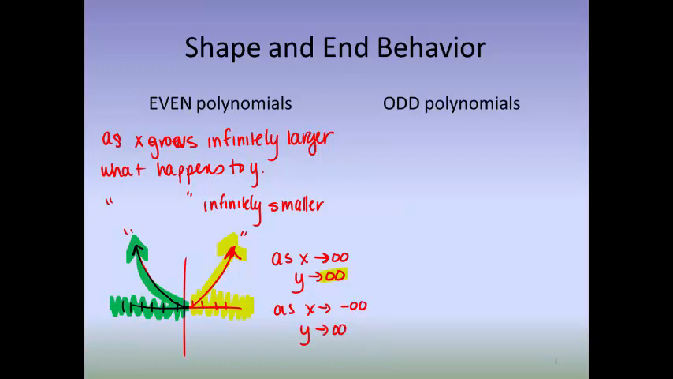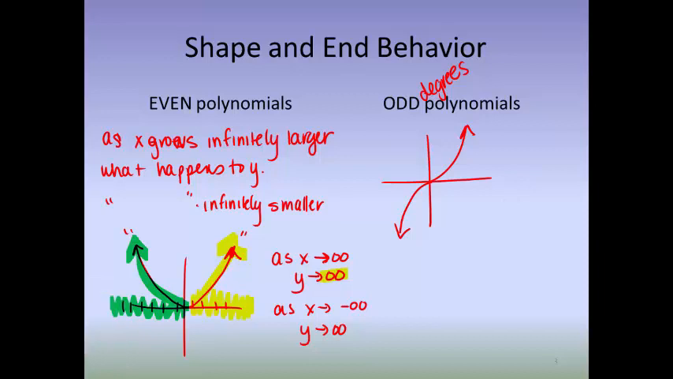Well, what about odd polynomials? We're still using the same idea for end behavior. As x is getting larger, as x is getting smaller, what happens to y? But we notice that the shapes over here looked like this for the odd degree polynomials. These are odd degrees. So as we get bigger here,